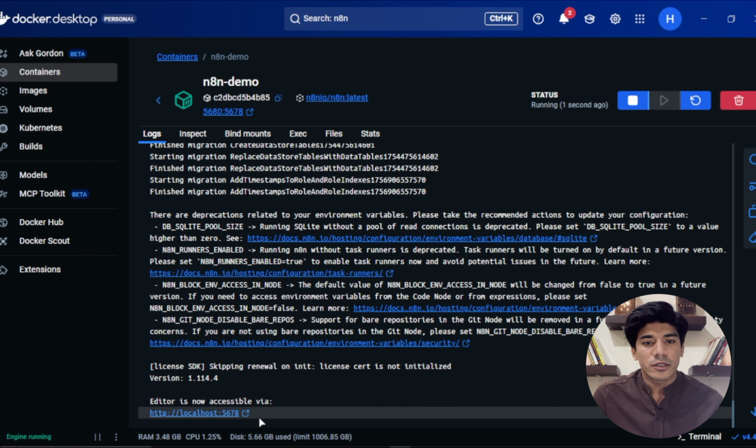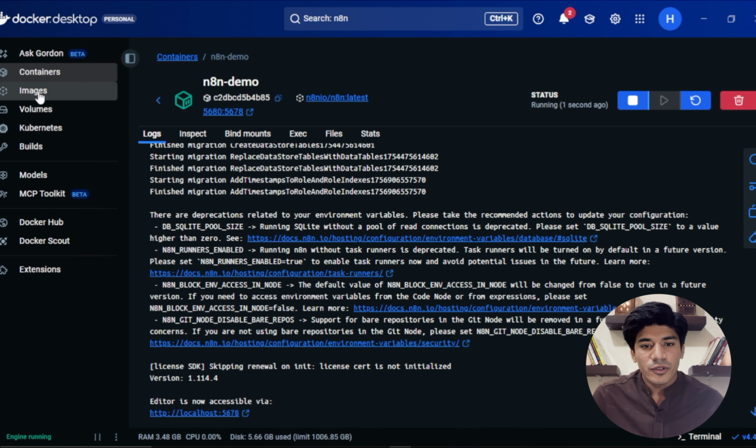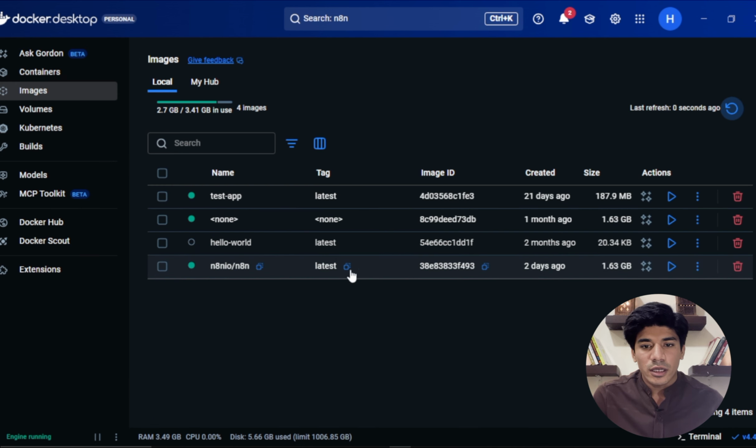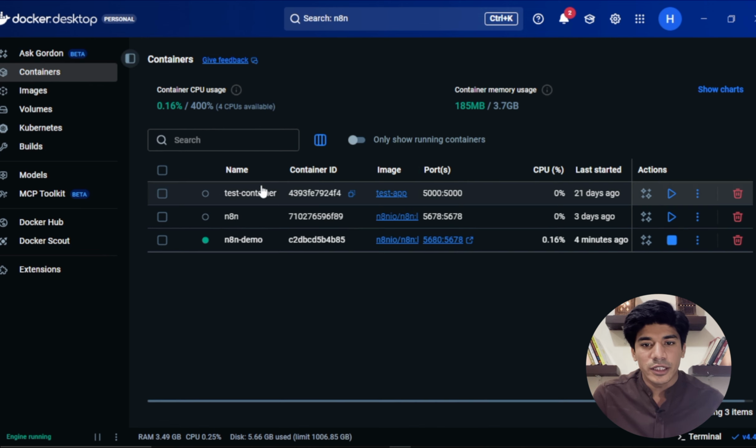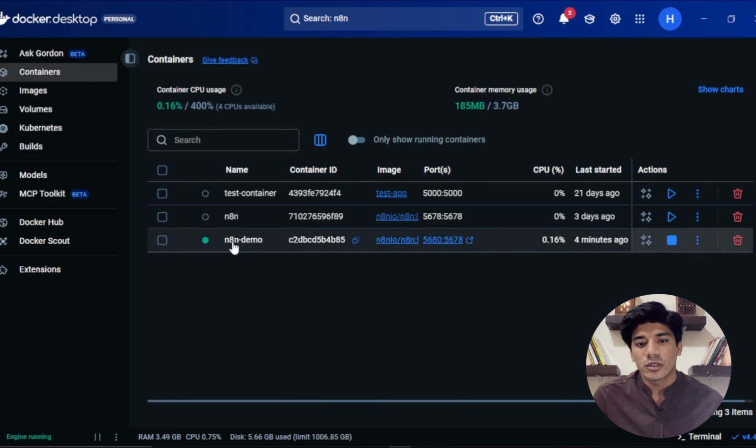Now we go back to images, and here we have the n8n image. It shows 2 days ago. Let me check the container first, and here we have the container n8n demo just 4 minutes ago, and here we have the port that is mapped along with the container, which is 5680. Now if we click on this,